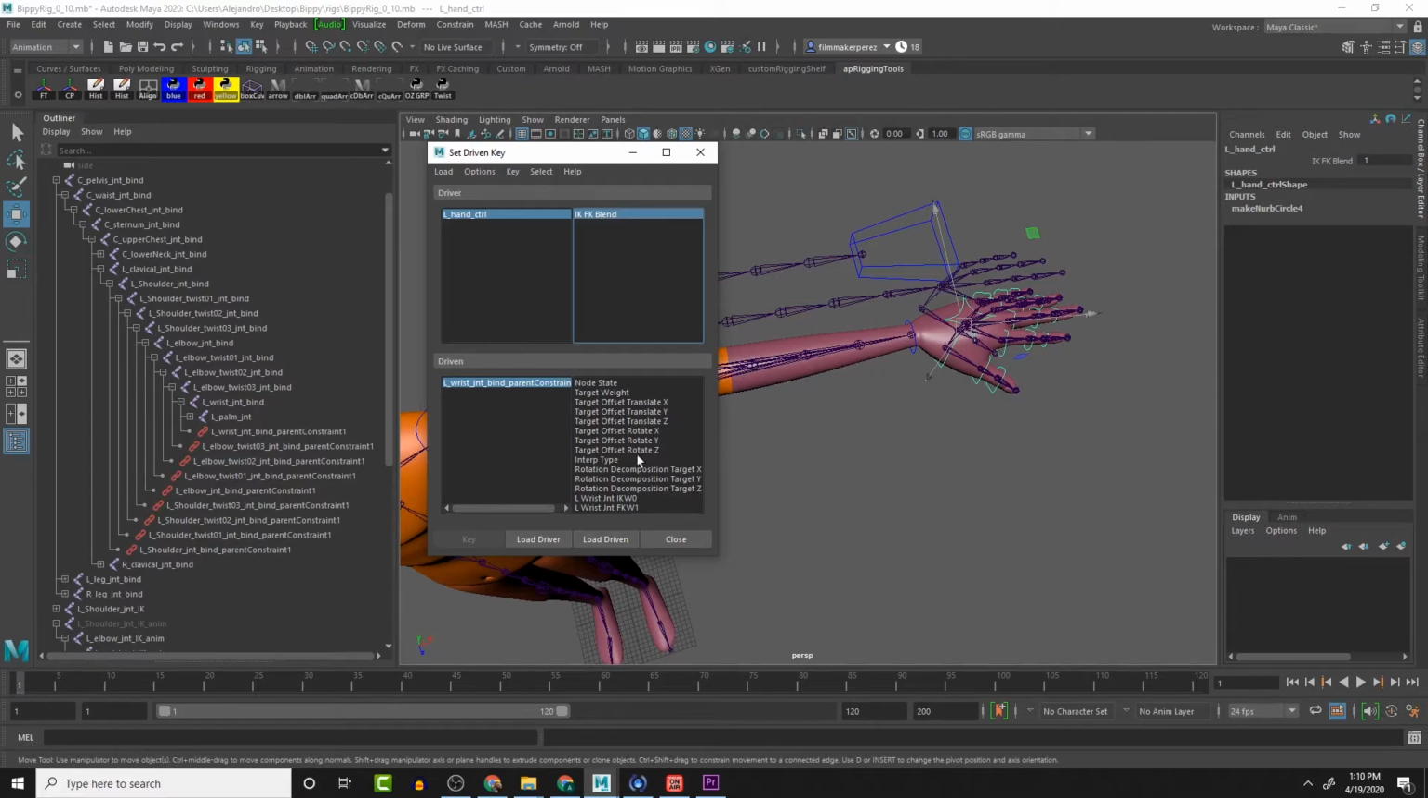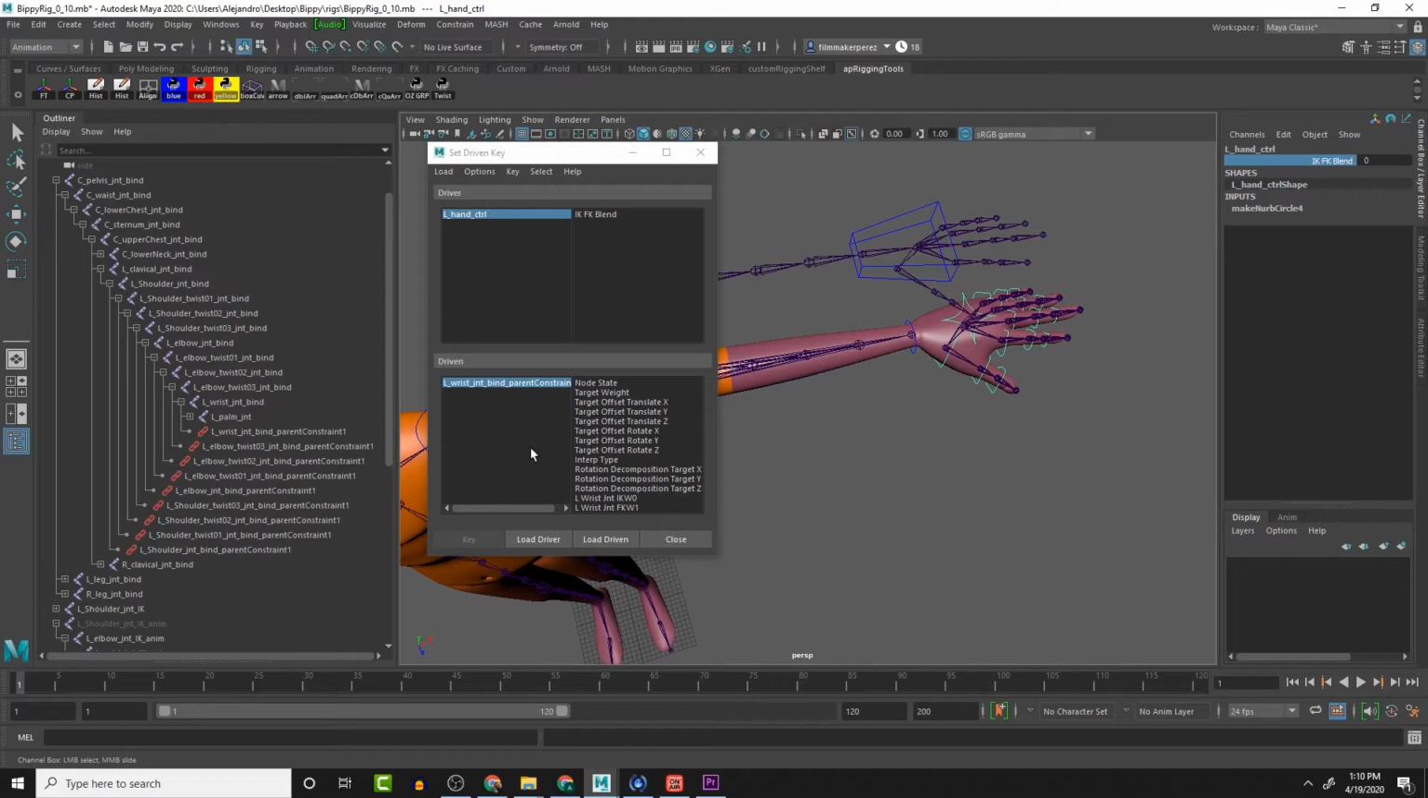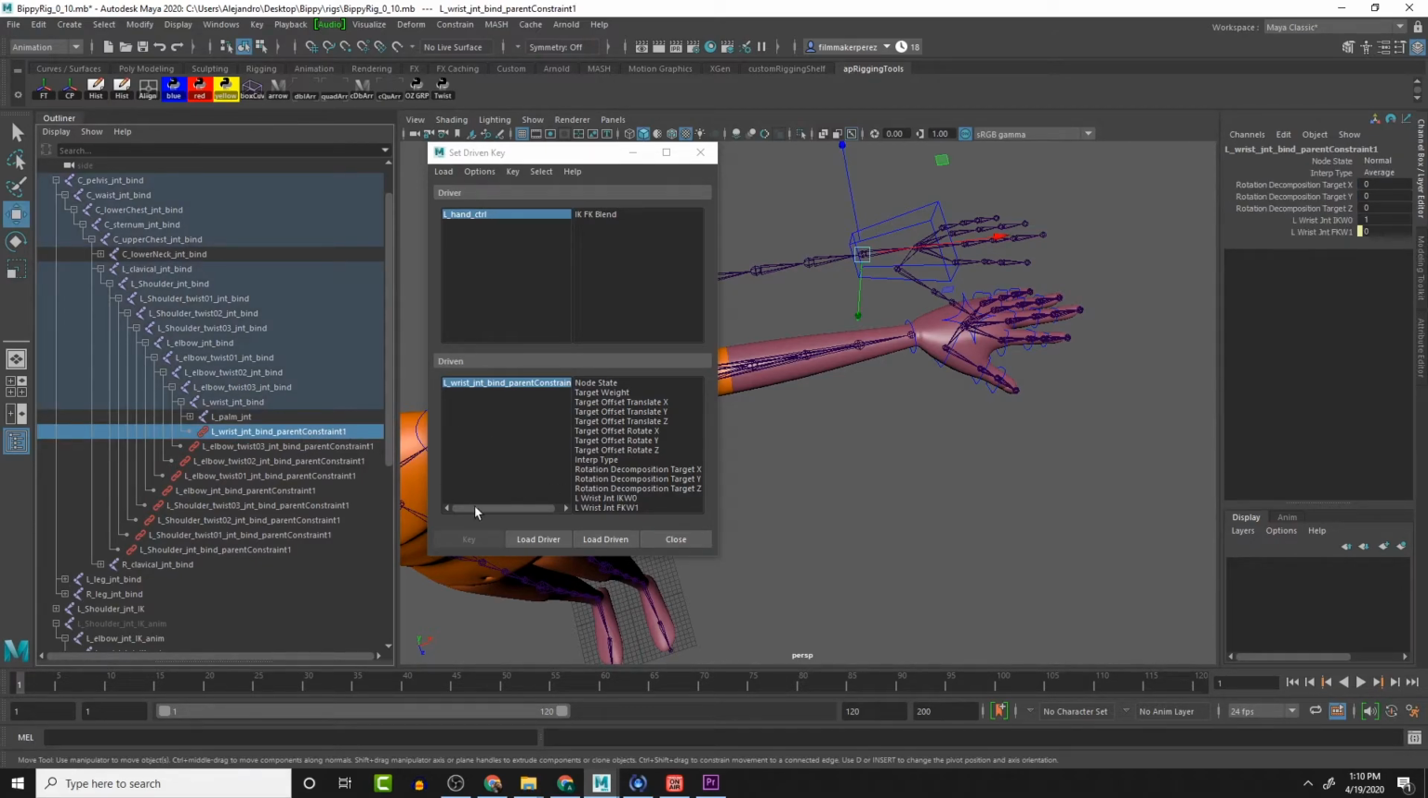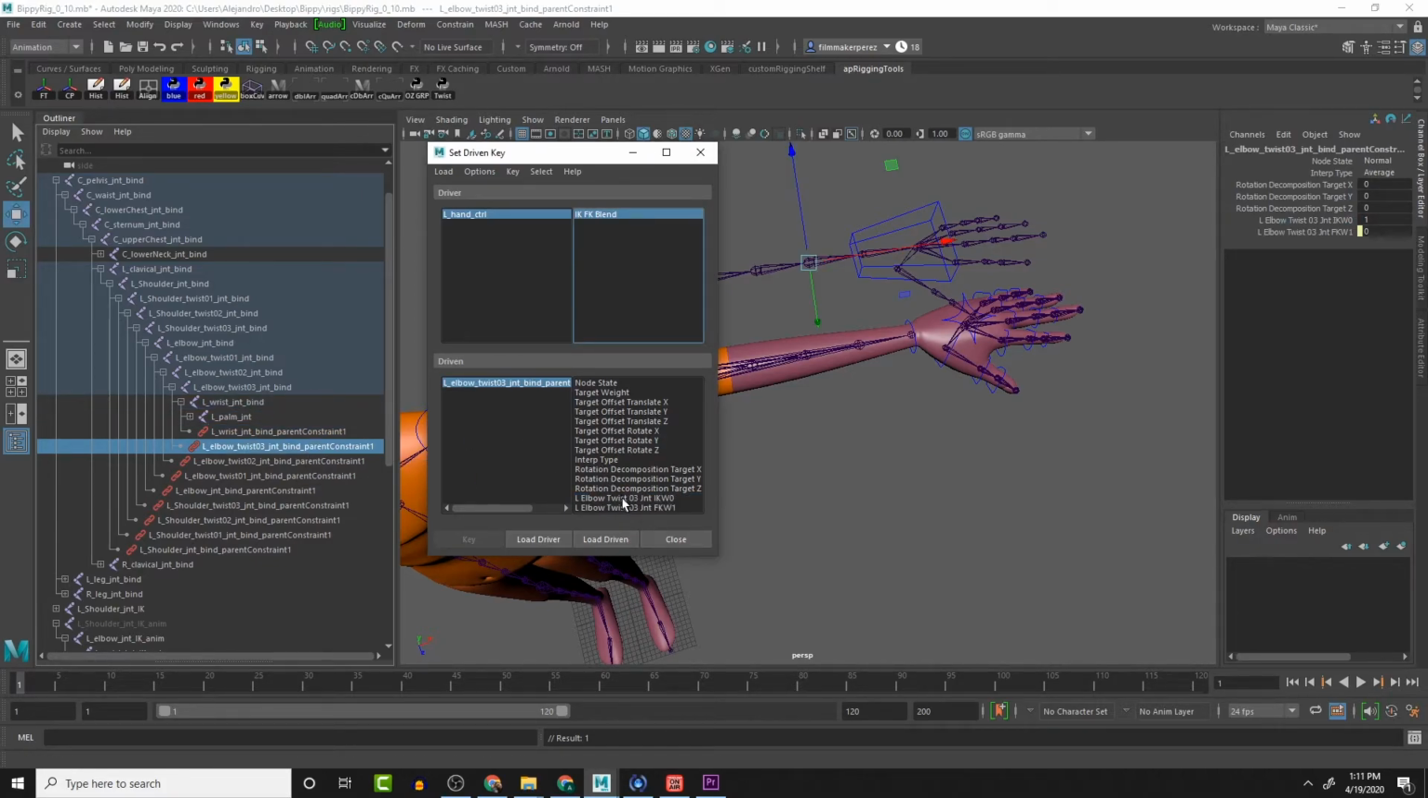So when we are at 0, let's go over here, select this, and change this to 0. This is completely correct. What I want to do is start off at the wrist, load driven, and then here for the IK joint, we can select the IKFK and key. You'll see that we have a little tick there. That means that the key has been set. Then we can go down the chain